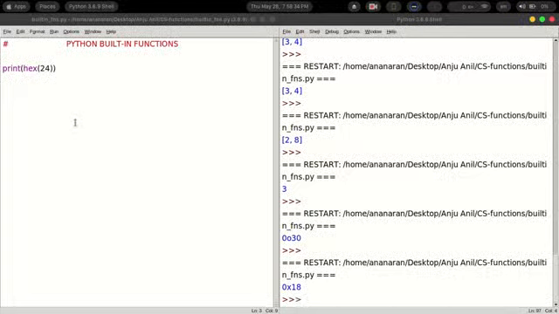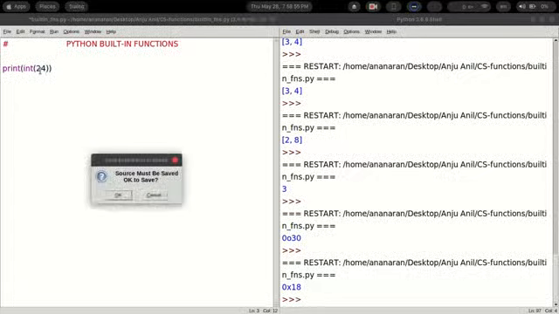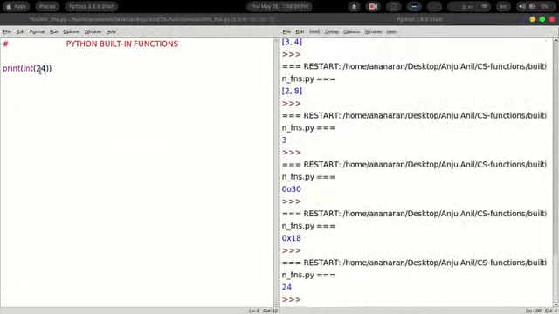Suppose I use int and specify 24, I get the output as 24. If I mention it as 24.5, I get the output as 24. That means 0.5 is truncated. Truncated means it is removed. It is not rounding off, it is truncation, or removing the decimal value.